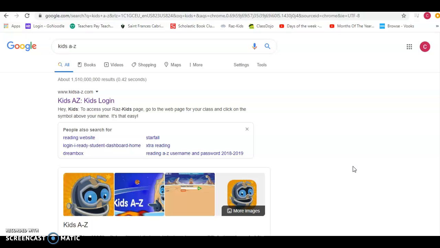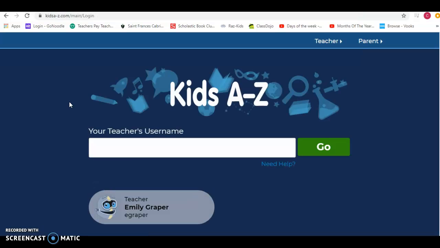If you are using a desktop or a laptop or a Chromebook, the best way to get there, I just Google searched Kids A to Z, and it is the first link. So you're going to click that. Then you have to put in your teacher's username. Mine is saved here because I've gone on it before, but those of you who have not, the username is eGraper. And then once you click go,